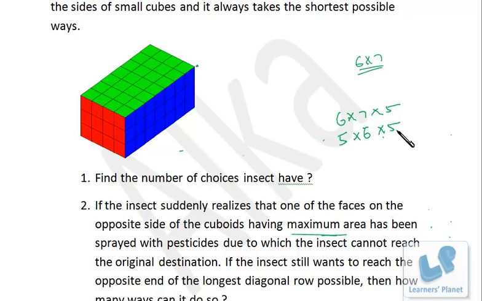Right? So these are the dimensions of the new cuboid, and the number of ways, 6 plus 5, the same method we will be using that we have used earlier. 5 and 5 is 10, and 6 is 16 factorial by 5 factorial into 6 factorial into 5 factorial. So these are the possible number of ways for this particular case. Okay. Now let's discuss some more problems based on shortest path.